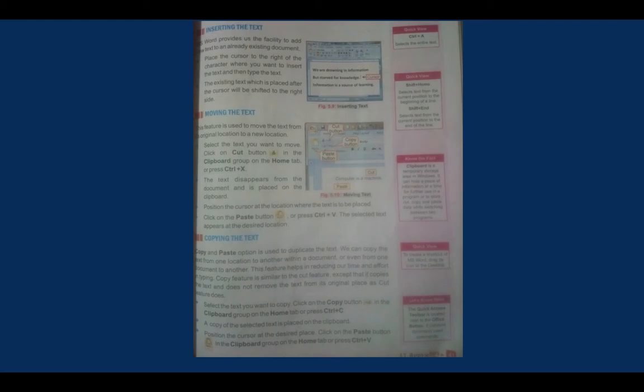Clipboard is very important. Whenever you do copy and paste, you can see that option in the clipboard. From there, for example, if you have copied the word "knowledge" and want to paste it in different places, wherever that word comes again, you can go to the clipboard and just click on it, and it will appear where your cursor is. So the clipboard is very important in that way.